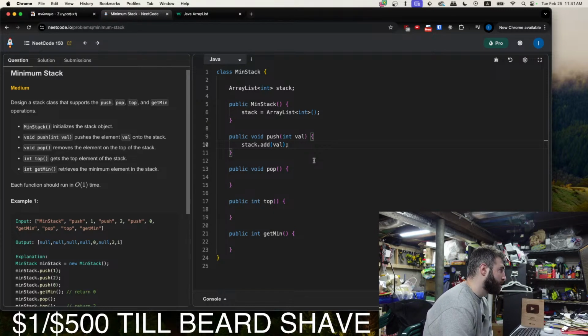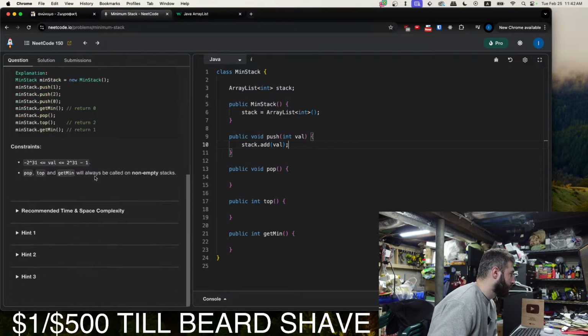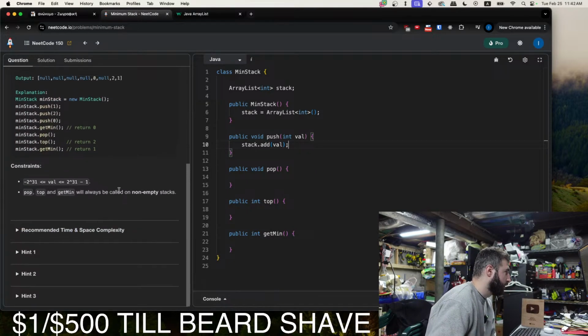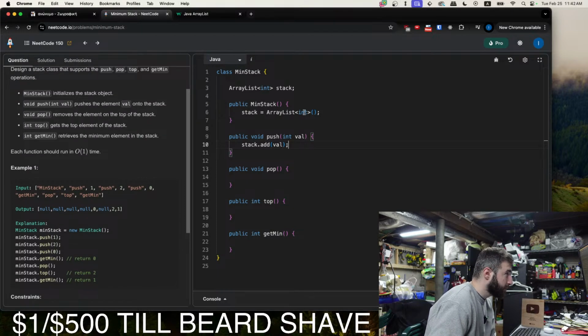So each function should run in O(1) time. To do this, I'll need to keep an ordered list and a stack. And that will take O(n) storage space, which I think is fine. We'll end up implementing this, and then I'll check what the recommended time and space complexity is.